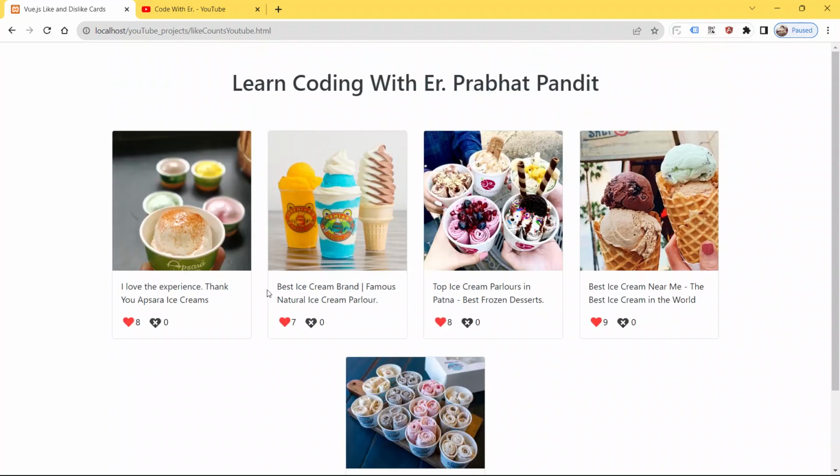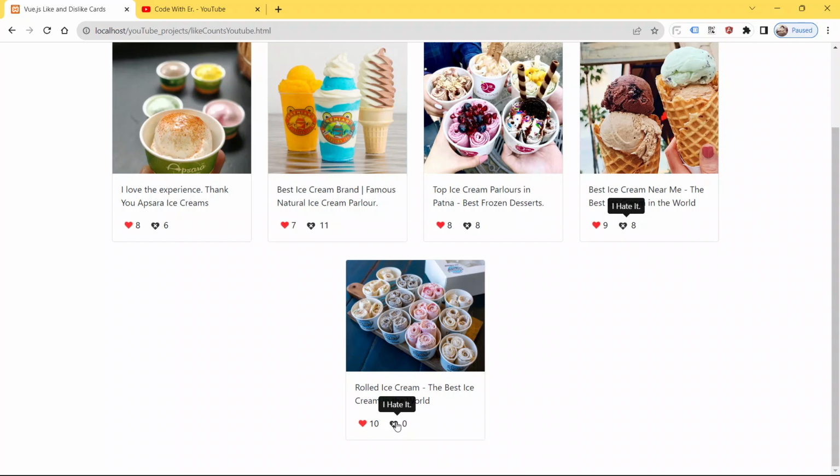And guys, whenever you hit the button I dislike the product, the number is also going to increase, which will show how many users or customers have liked your product, or how many have disliked your product also. Okay, so now I'm gonna click the button I hate it. See guys, boom, it is also increasing. Here also it is increasing. Whenever I click the button I hate it, the number is going to increase.